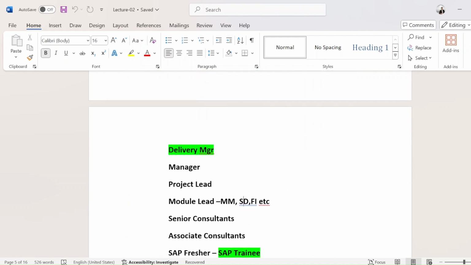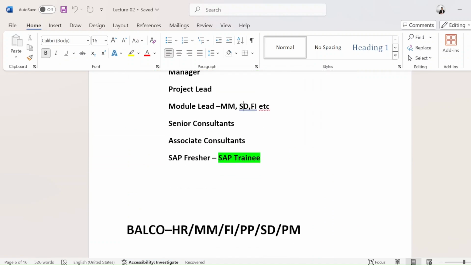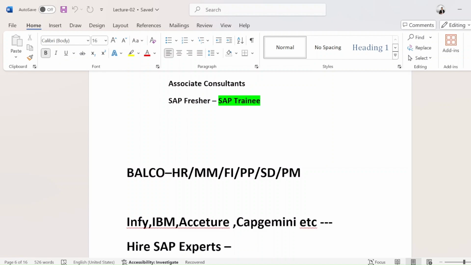And these all are functional modules: material management, SD, sales and distribution, PP, production planning, HCM, human capital management, PM, plant maintenance. All these modules are functional modules. And the technical module is ABAP. In ABAP, there is coding, backend programming.